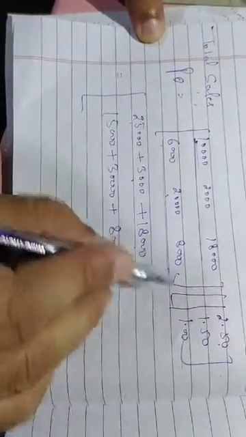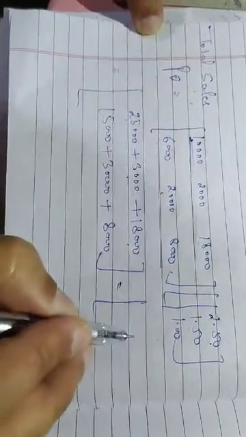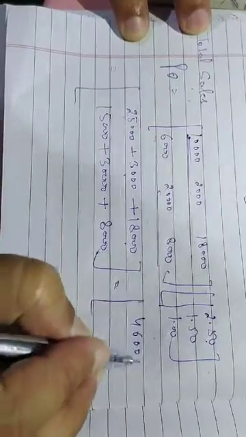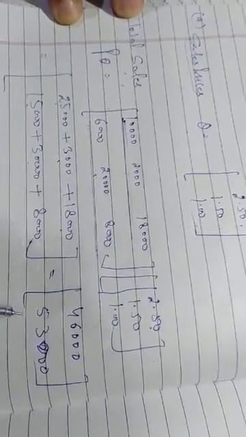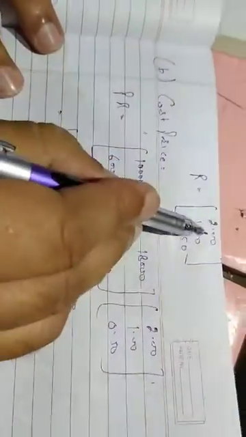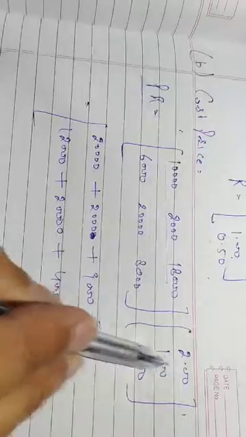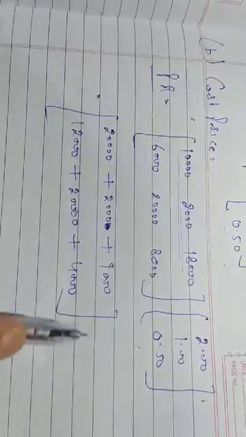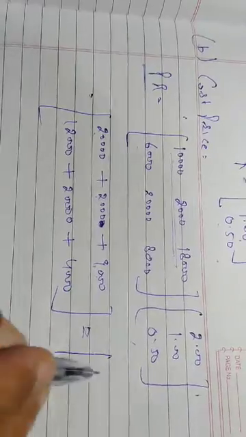Similarly, the second row with this column becomes 46,000. It becomes 53,000. Now similarly, cost prices are 2 rupees, 1 rupee and 50 paise. Total cost price is P into R. These are the commodities produced by the manufacturer and this is the cost price. Multiply first row, first column, second row, second column: 20 plus 2, 22, 9, 31,000.